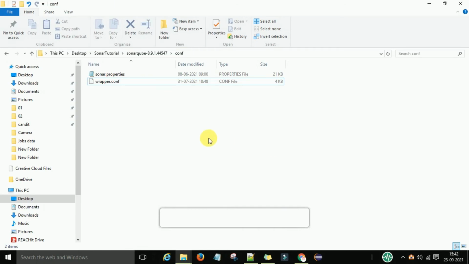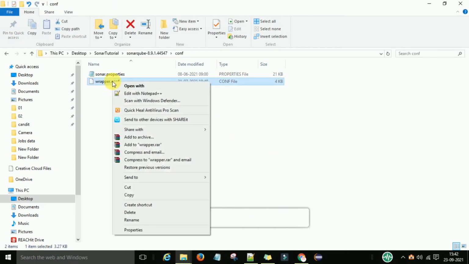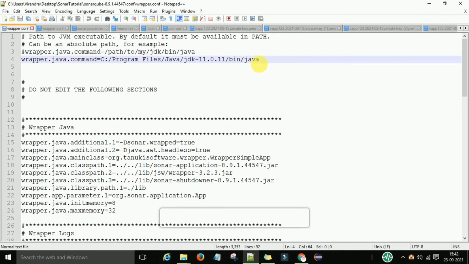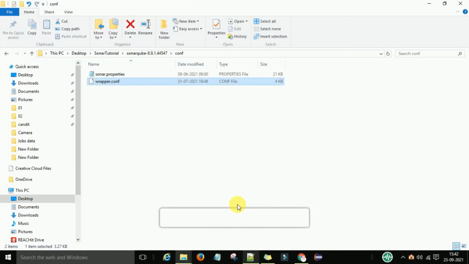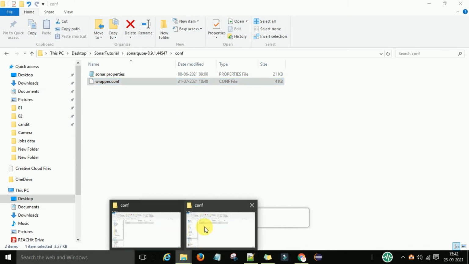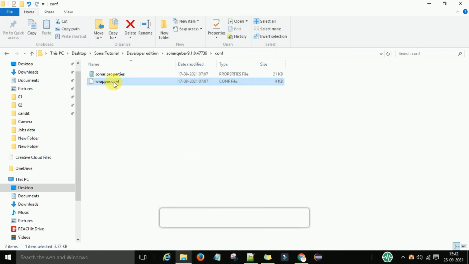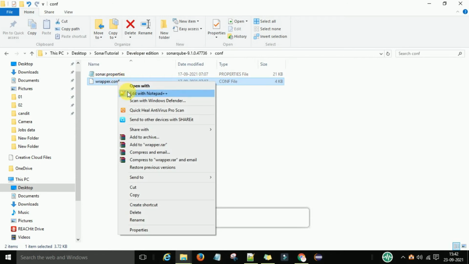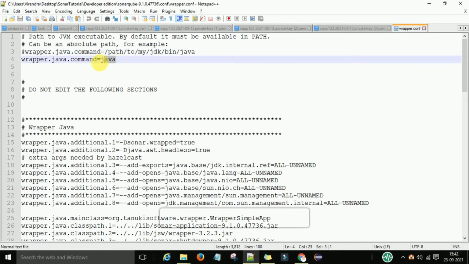For that, I can go to my community edition and copy the path of the Java version, then go to my developer edition conf, update the Java version here and save it.